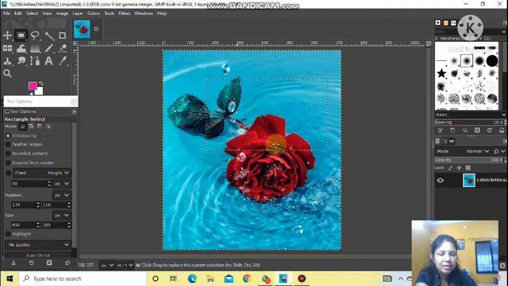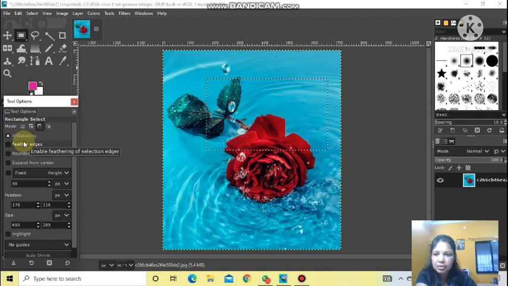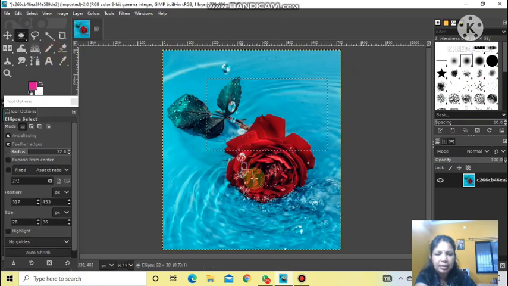My current selection is this rectangular box. So first you click on the third option, which will remove the new selection from the current selection. Now from here I'm going to take the ellipse select tool and select another part. After doing this, you drag it to your previous selection.